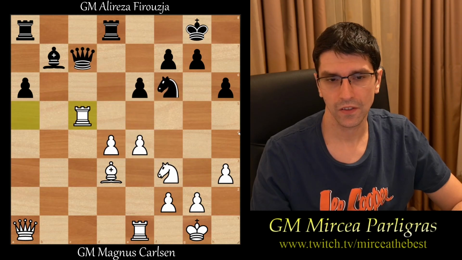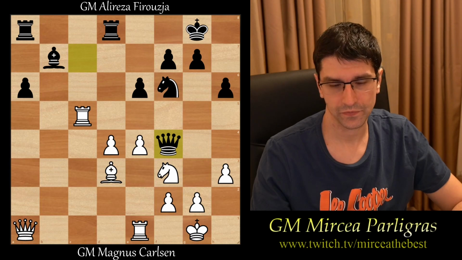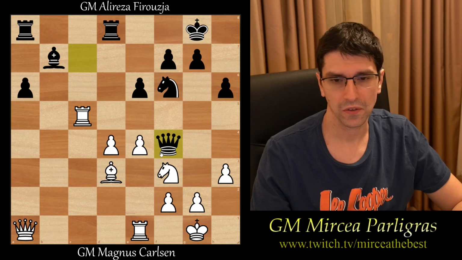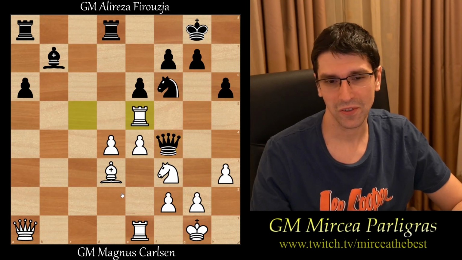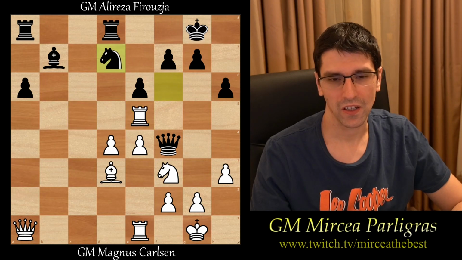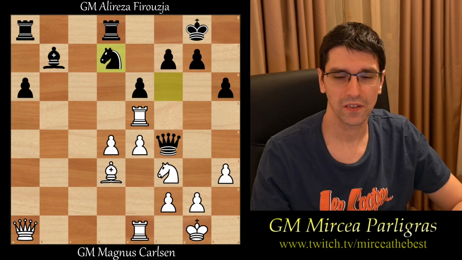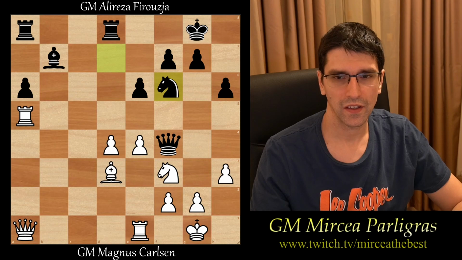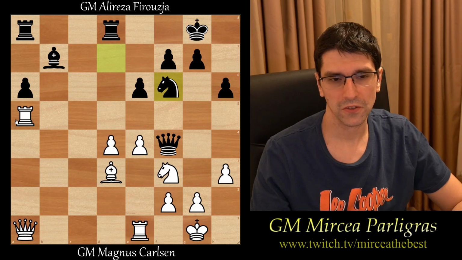So in the game, black played queen f4, a more active square for the queen, so why not? And Magnus came up with a very interesting rook e5, almost with the idea to trap the queen, who knows. Firouzja continued knight d7, rook a5, knight f6, and well, a draw by repetition would have been a logical